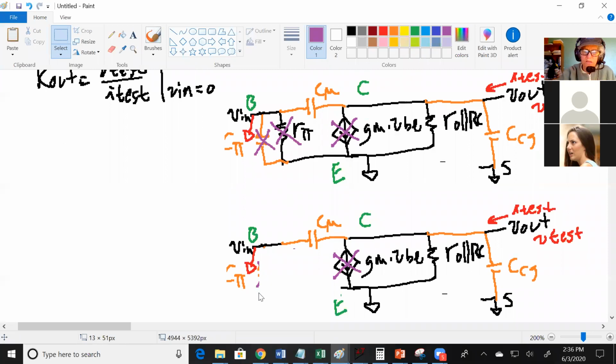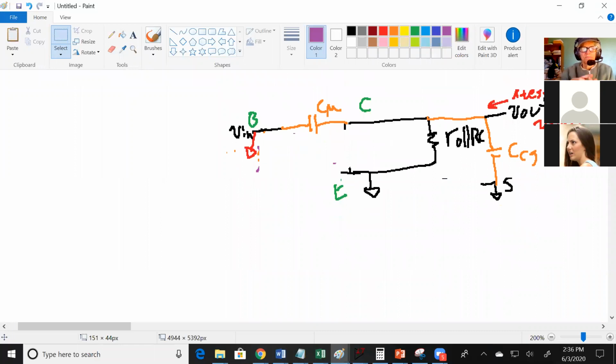And this is grounded now. That's gone. Let's just do this. And what you have is, if you redraw this a little bit, is it okay to scroll? Anybody still? Okay, that's good. What you have is,